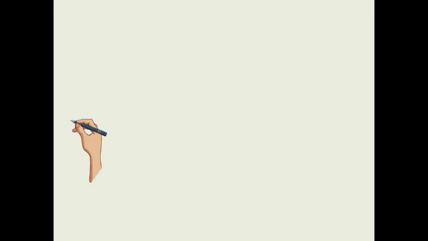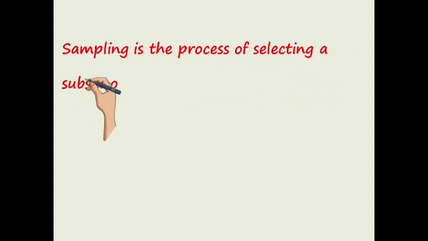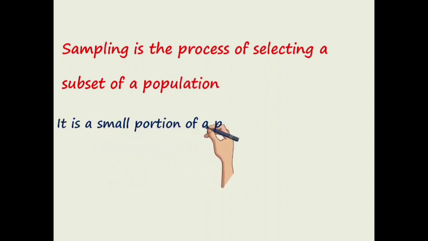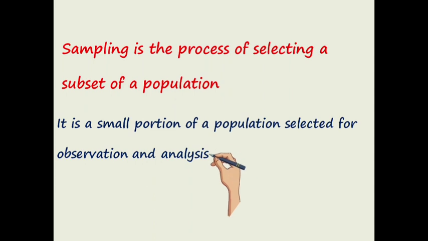On the other hand, sampling is the process of selecting a subset of a population. It is a small portion of a population selected for observation and analysis. It involves choosing a sample from the population of interest in order to make inferences about the entire population. Sampling methods vary depending on the research goals, the characteristics of the population, and practical considerations such as time and